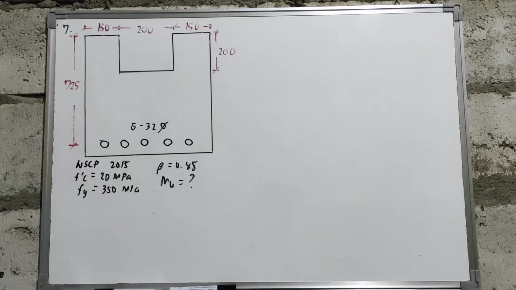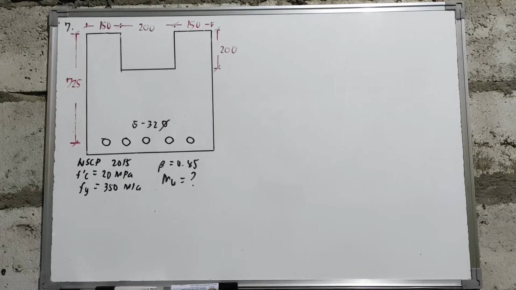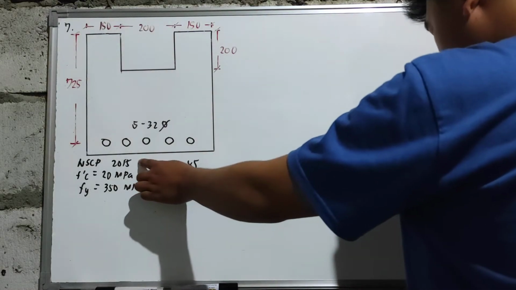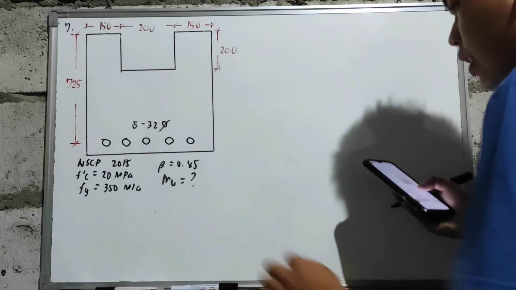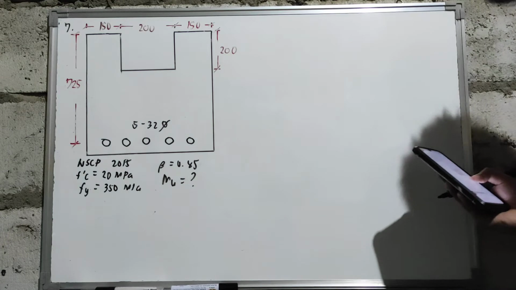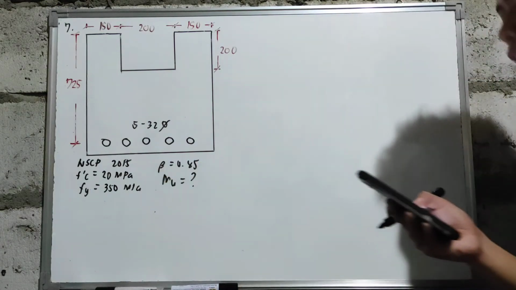Let's now discuss problem number 7. For the beam cross-sections shown, determine the flexural strength using NSCP 2015. The value of your F'c is 20 megapascal, Fy is 350 megapascal, and given yung beta natin which is equal